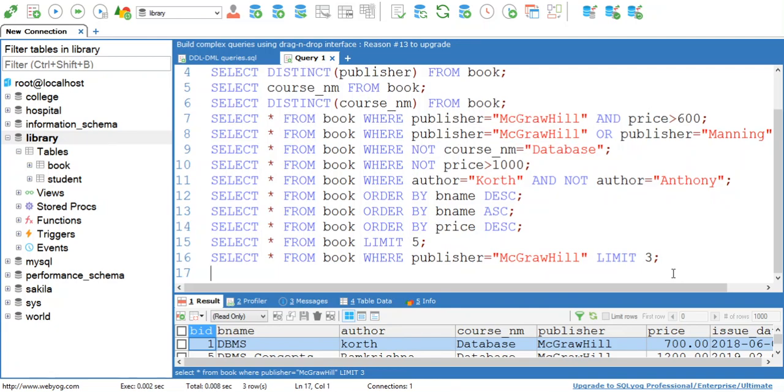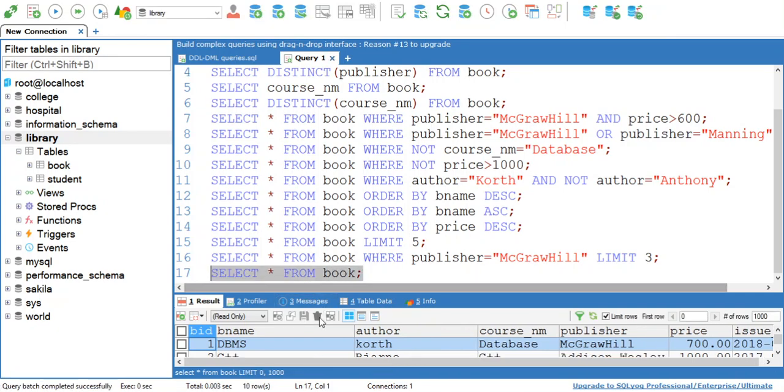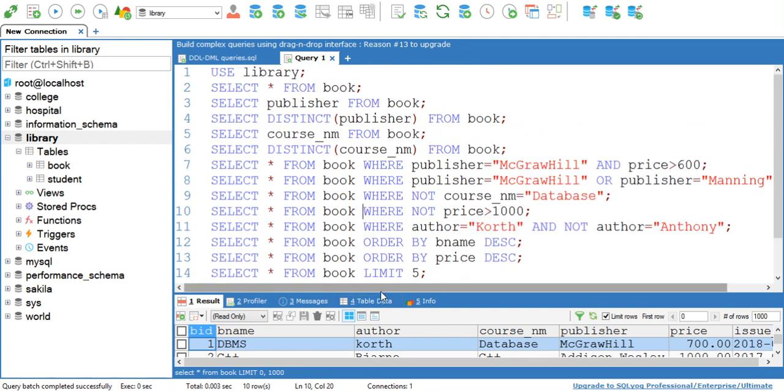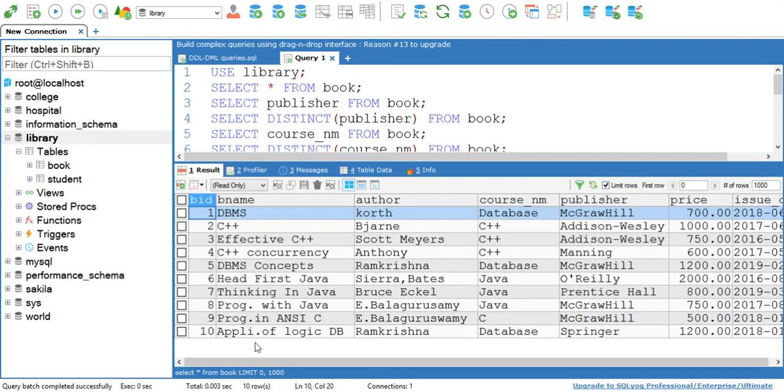Now next we have wildcard operators. Okay, this wildcard operators is used to compare strings by using percentage or underscore sign. Now first we'll display all data from the table. Select star from book. Display all data. Okay. See, your table consists of data for 10 books. Here at the output you can see table consists of data for the 10 books.